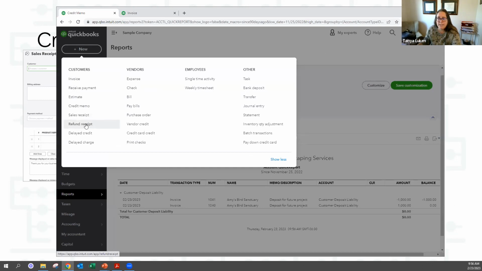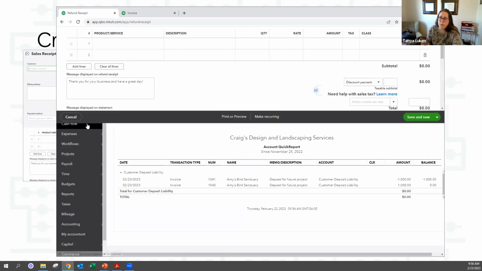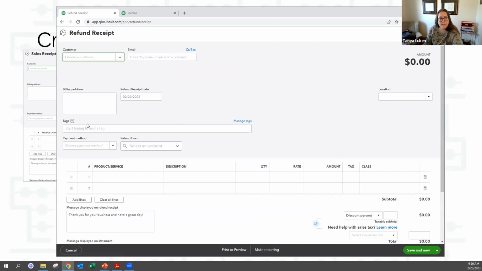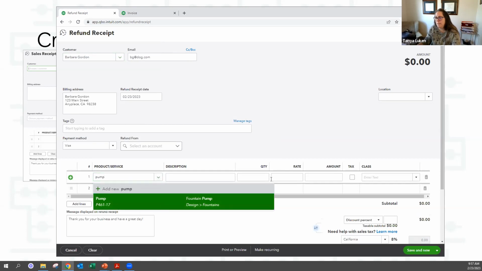A refund receipt is a negative sales receipt. So you're issuing someone a refund at the same time you're recording that they returned something. This is more, again, like in a retail type situation where I have my invoices, I have all my sales for the day, and I refunded one person. So you would pick whatever you sold them.